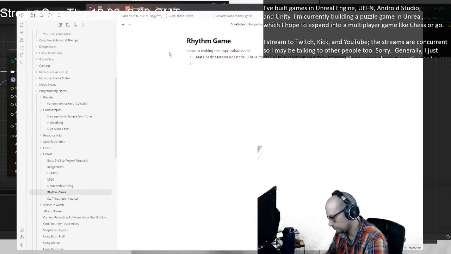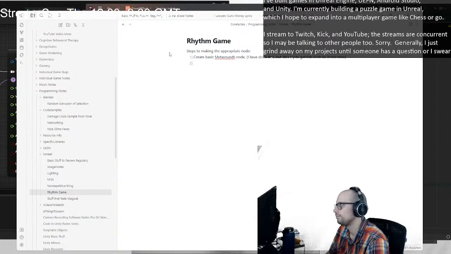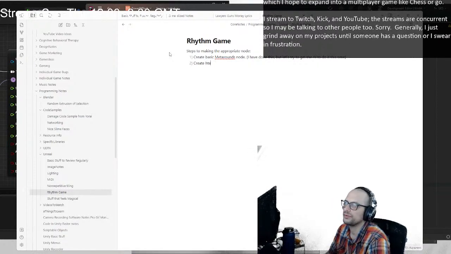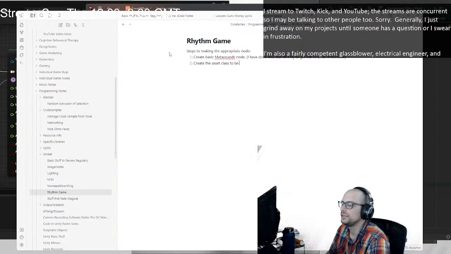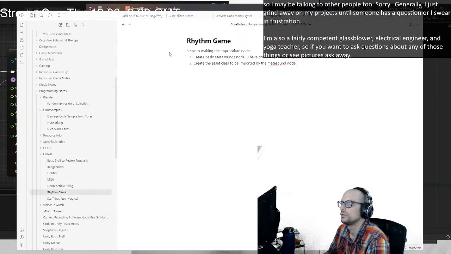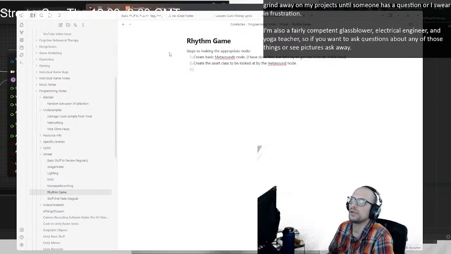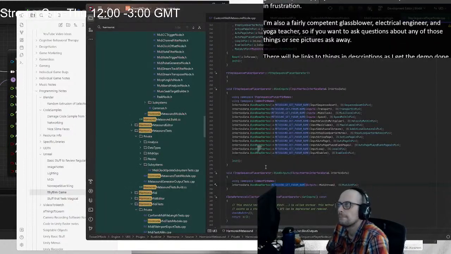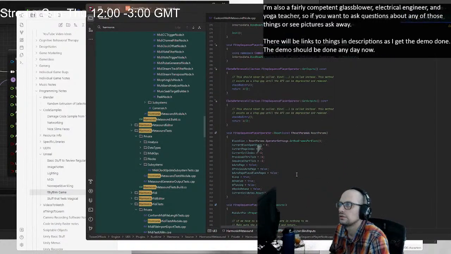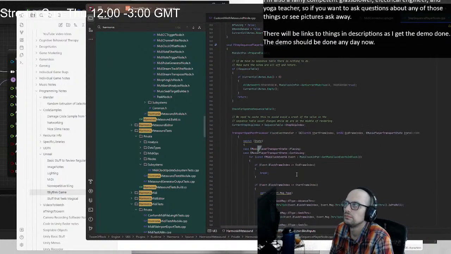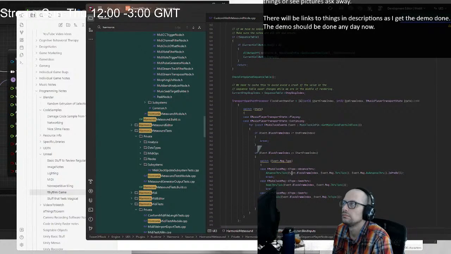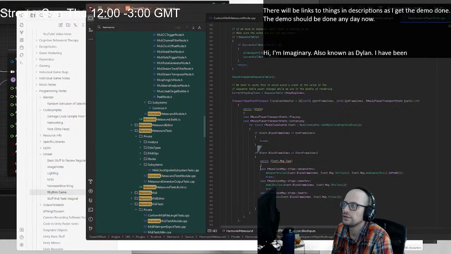Okay. Create the asset class to be imported by the Metasound node. Looked at by the Metasound node. Now, this asset class, input sequence asset is their asset class. Okay, so this just